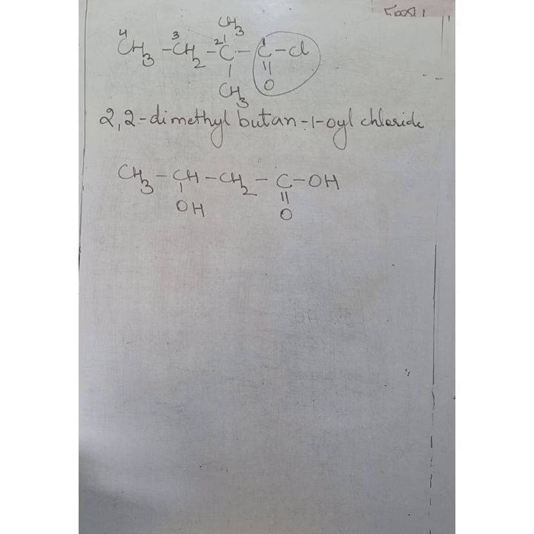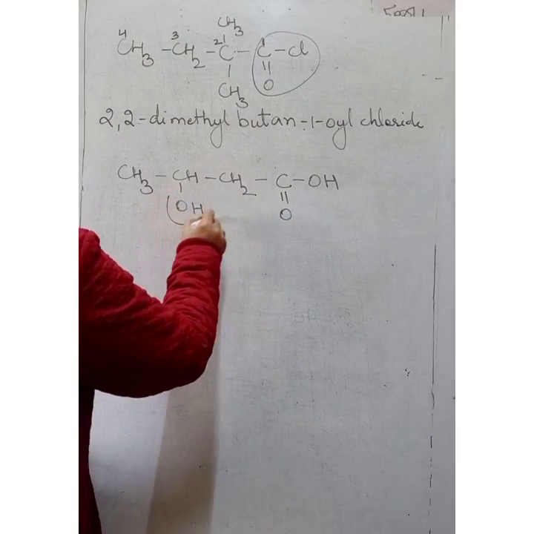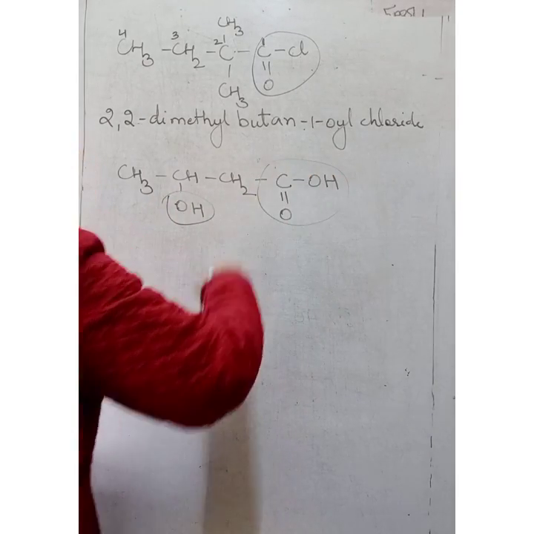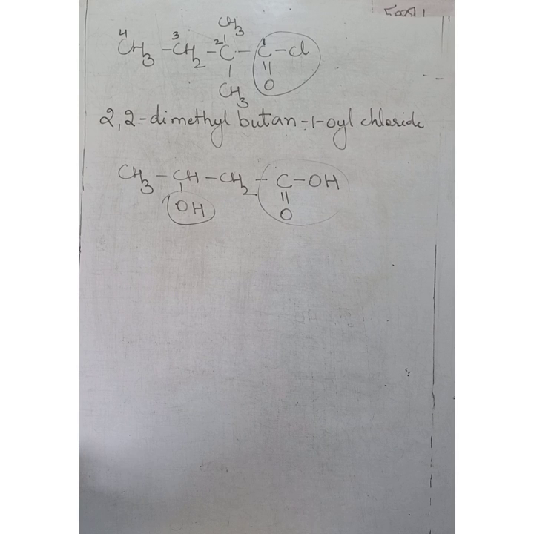Identify the functional group present. Now I find that here there are two functional groups present. When two functional groups are present, first of all we have to select the longest chain containing both the functional groups. Now comes numbering. Which functional group should get the lowest number? Here we have to follow the order of preference. The functional group which comes higher in the order of preference always gets the lowest numbering.